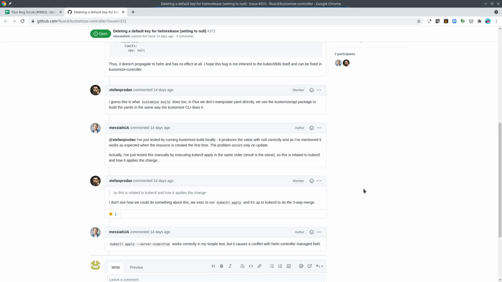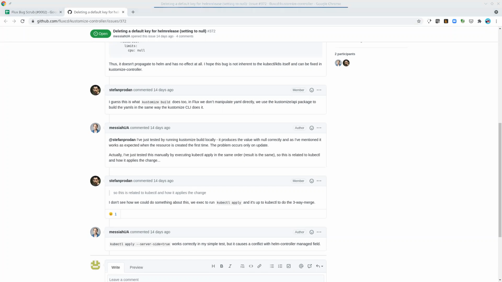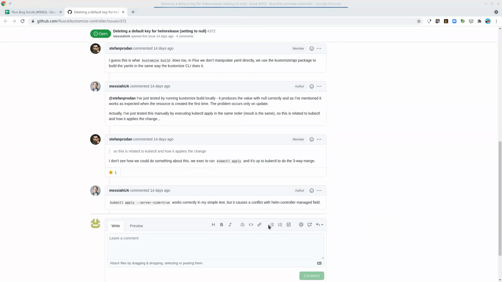The Helm controller has something called post renderer support, which I'm not sure if what this person is trying to do can be done with the Helm post renderer, or why they didn't try to use it, or why Stefan didn't suggest it. But I'm sure that he knows about that feature. Let's see, if you update the Helm release and set some other value to null,